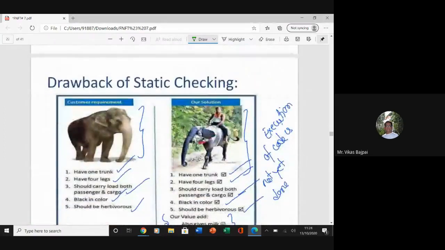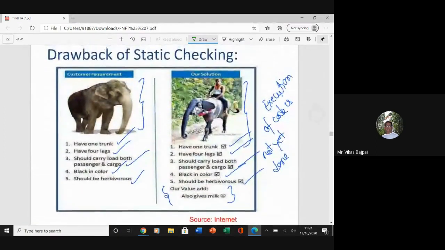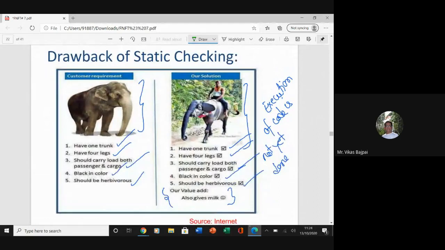Now, this is a drawback of static checking, right? Because the customer has asked for something else, that I need a product which has one trunk, four legs, and should carry passengers and cargo. Both should be available in black color, and it should be herbivorous. And what I'm getting is this solution. It has everything, right?